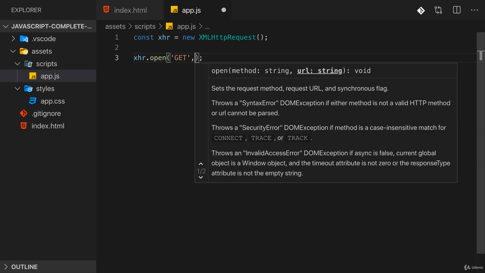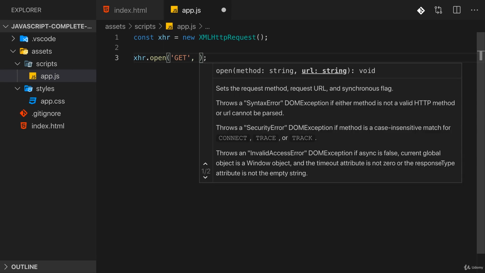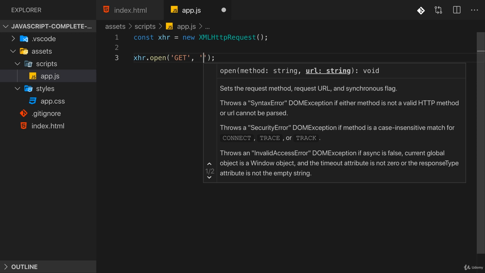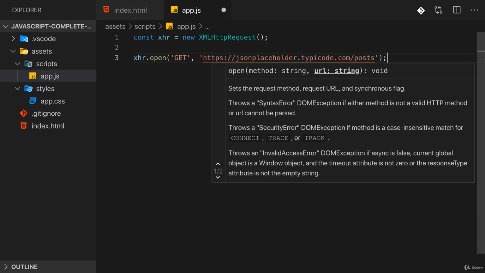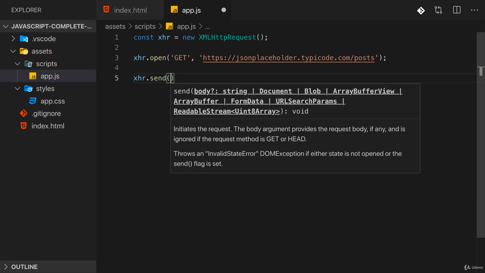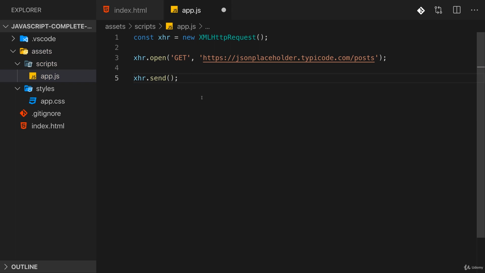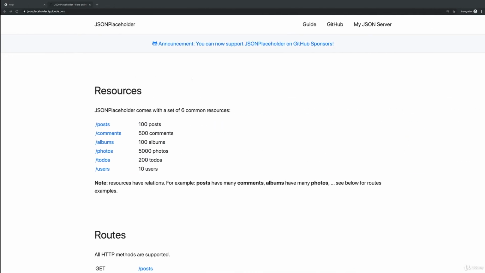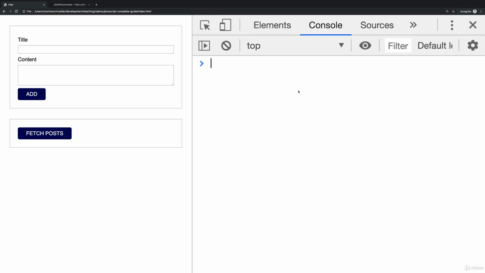Now we need an additional argument here, and that's the URL to which we want to send that request. So here, that's another string, and you can paste in the URL to which the request should be sent. So in this case, the URL we just used in the browser. With that, we basically configured the request. We informed the XHR object which kind of request we want to send to which address. Now, in order to send it, we have to call XHR send. This will send the request. Now, if we save that and go back to our page and reload,